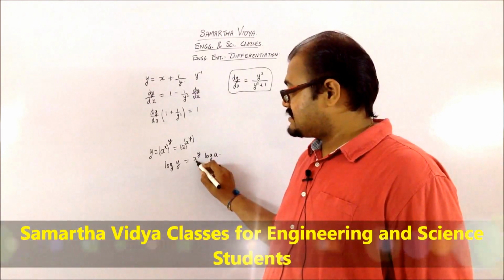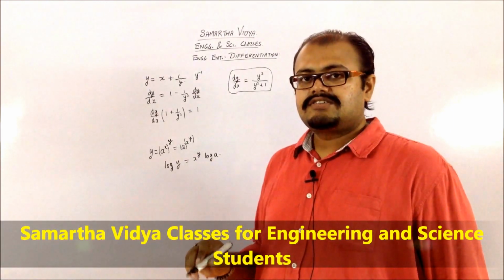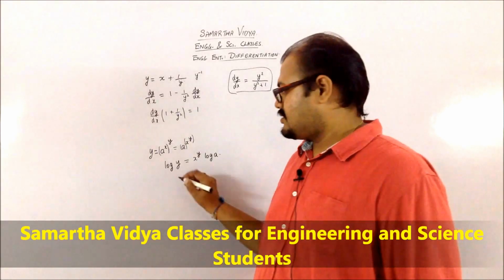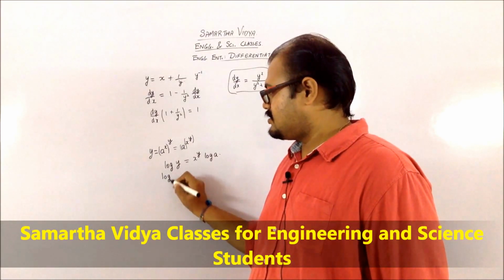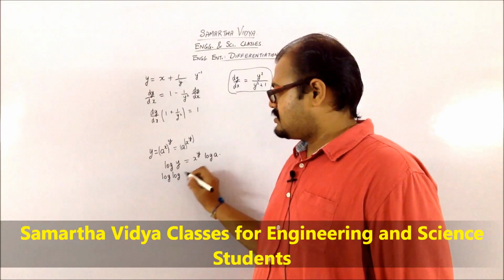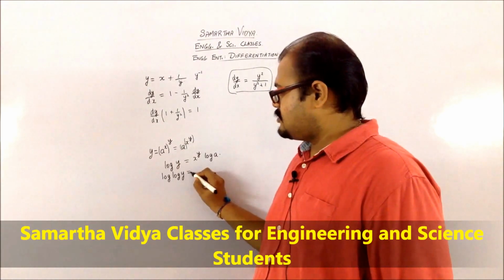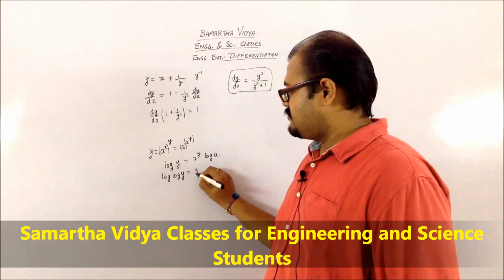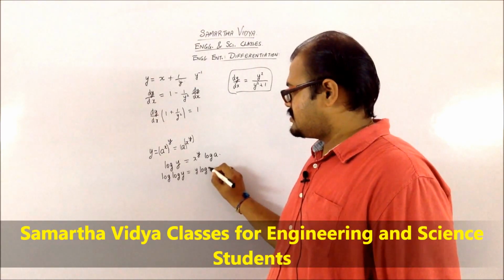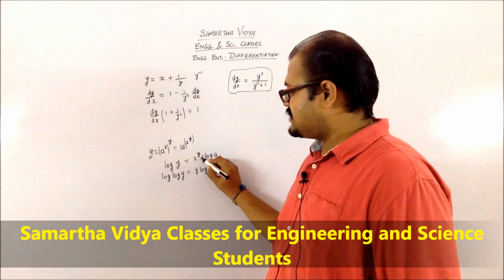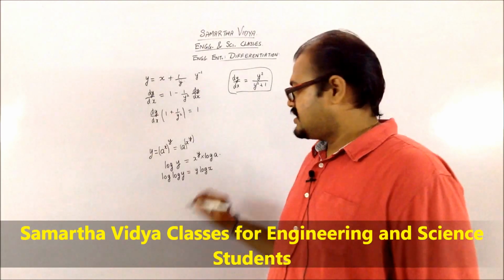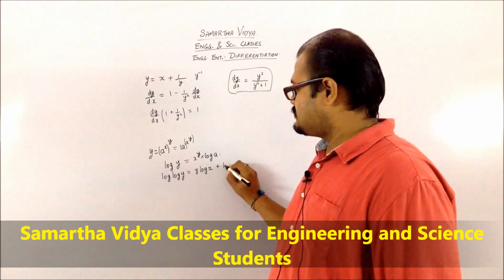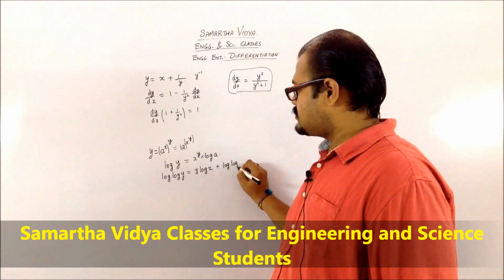You are getting this as function raised to function, so you need to take a log again. You'll be taking another log of this. So it's going to be log y, which will be equal to, the log of this part is going to be y log x, and since this part was in multiplication, it's going to be plus log a.